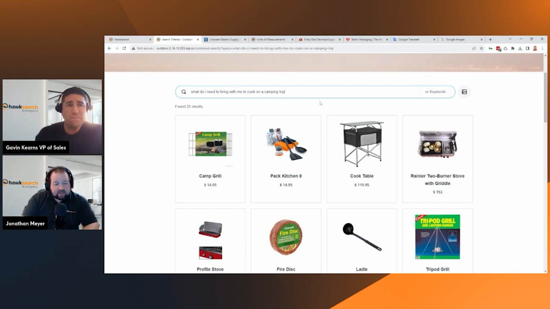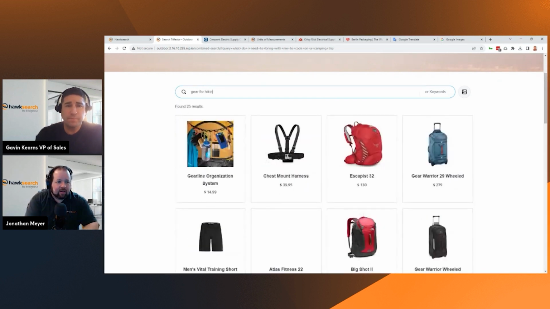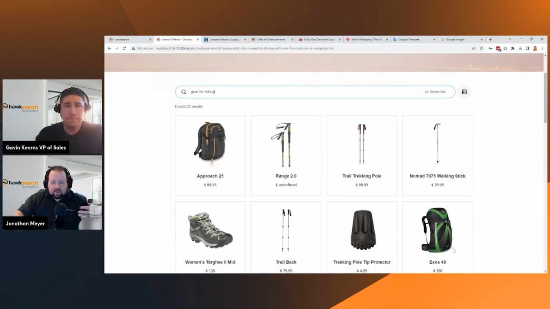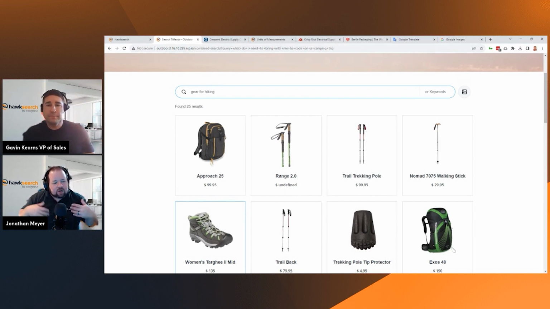Yeah, and I mean, that concept of, like you're talking about, setting up synonyms. If we were to change this and say that we're looking for gear for hiking, this is going to pull back a wide range of results, where gear is such a nebulous, generic term here, but it's finding all the things that go along with that. You might need a backpack. You might want to bring a walking stick along with you. There are obviously shoes. You want to have the right footwear when you're doing this kind of thing. So being able to put in a search term that is more generic, more conceptually based, more question focused, and have the search understand that and pull back relevant results is really exciting.